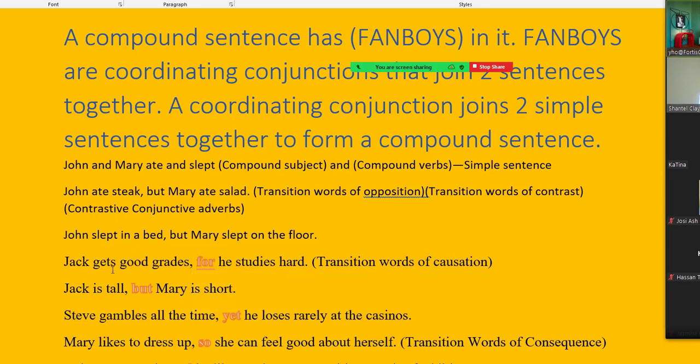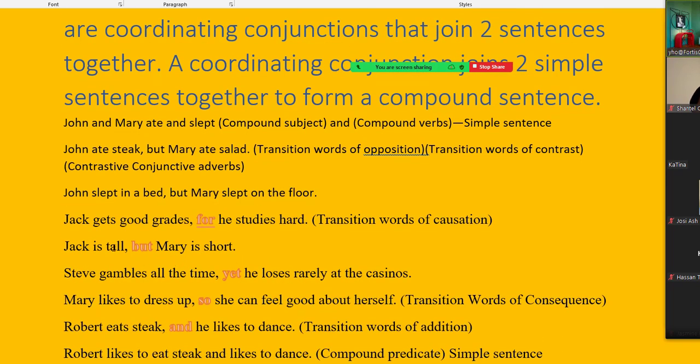So in British English, if I say, Professor H gives good lectures, for her students get good grades, or for her students study hard, they get good grades, "for" in this case has the same meaning as "because." So very, very British. Have you ever heard anyone talk like this? Very rarely do Americans talk like this. If you go to England or London, you've got to remember that English came from Britain. So that's why we have a lot of their British stuff. British slang. That's not really slang.